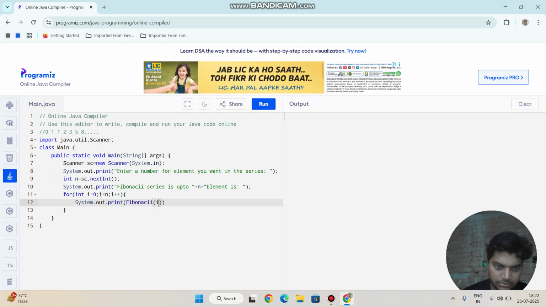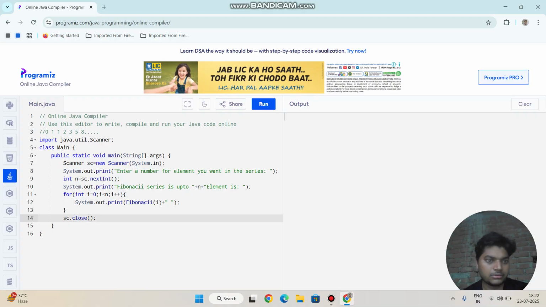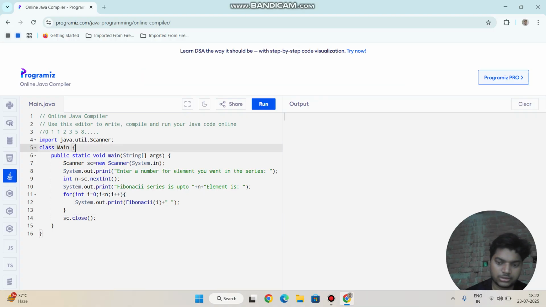Fibonacci(i), and then I need to give a space for printing, and sc.close for freeing the memory. Okay.